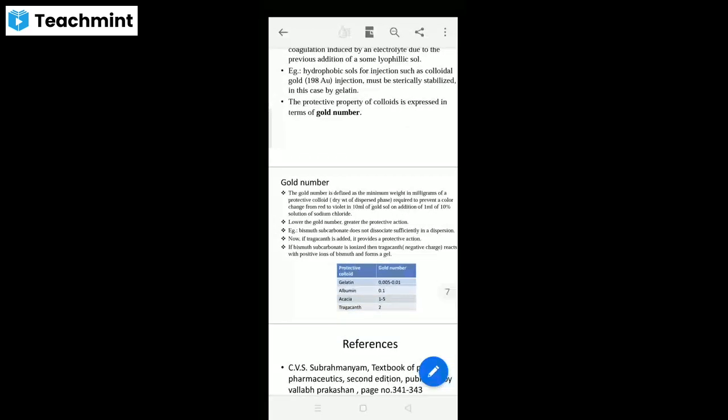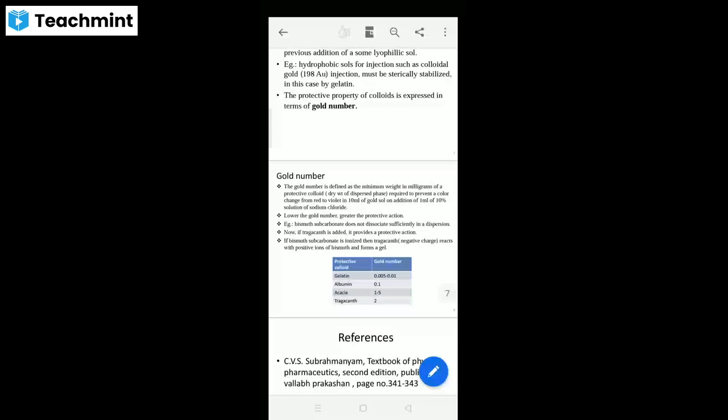You have to understand it. Anyhow, you have to understand. Everybody should understand this concept forever, always. Okay. Now read that. The gold number is defined as the